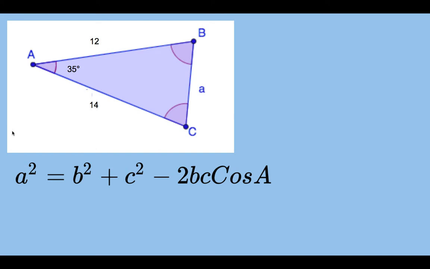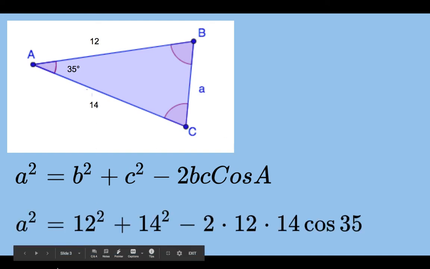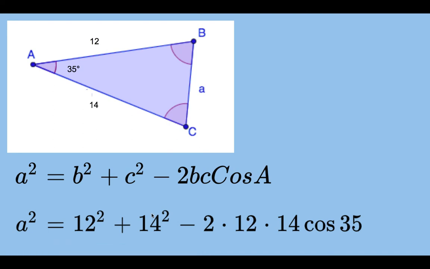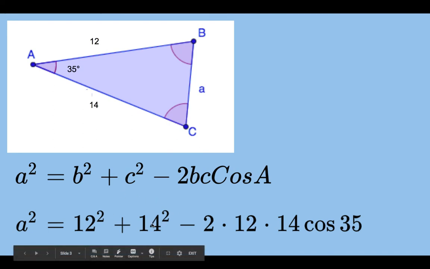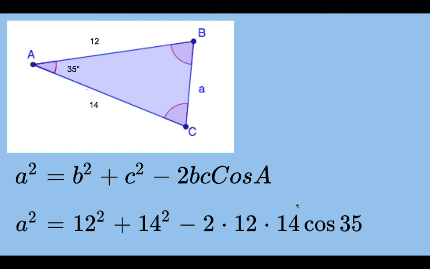Okay, so all we're going to do now is substitute into the formula, and that's what we get there. We get A squared equals 12 squared plus 14 squared. See, I've swapped it around. It won't matter; if we'd done 14 squared plus 12 squared, that's exactly the same. Minus 2 times 12 times 14 cos 35. The easiest way is to put that all into your calculator in one lot: 12 squared plus 14 squared minus 2 times 12 times 14 times cos 35. And what we get is